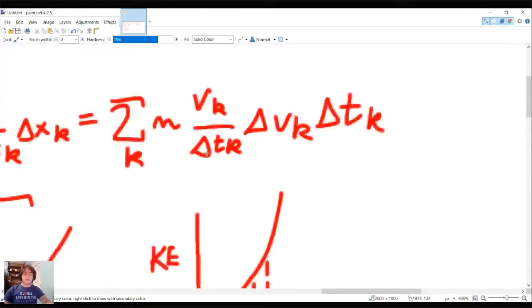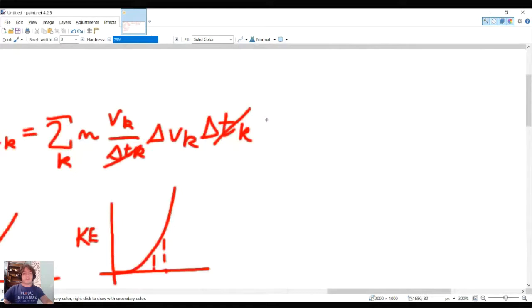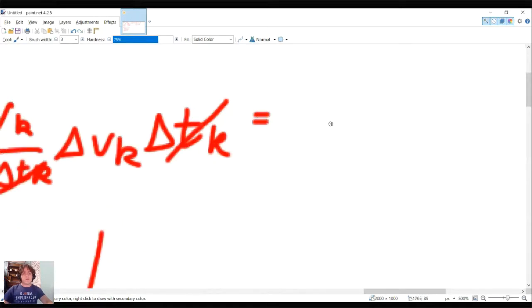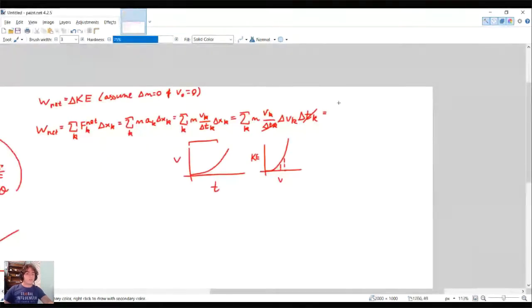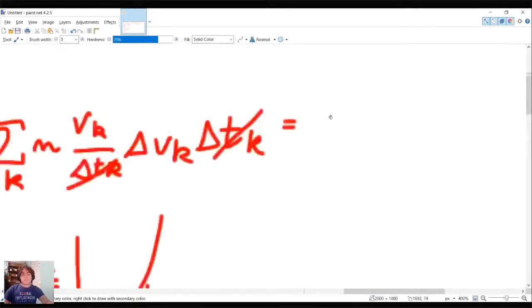So we can do some cancellations here. We can cancel the delta t sub k. And we know to do that because we have no time dependence in this entire problem, so it makes sense that we want to get rid of the delta t's. So now we have,